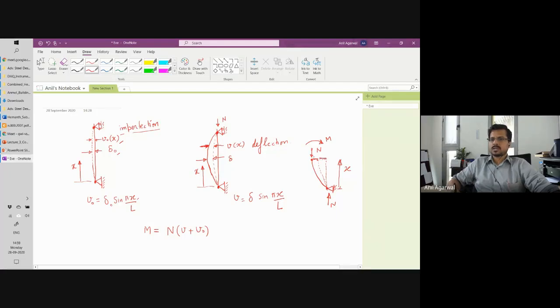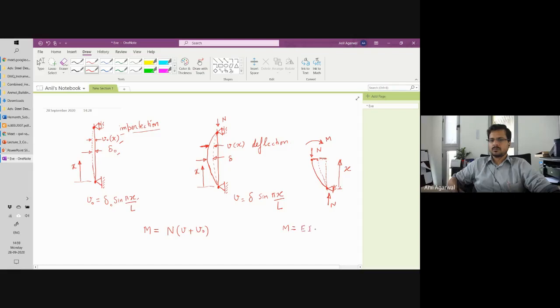So the actual external moment, the secondary moment, is external moment for this part. That is N multiplied by V. And the M is the internal moment. So the two moments will cancel each other out. So M is equal to N times (V plus V naught). Okay. This M is the internal moment. So M should be equal to